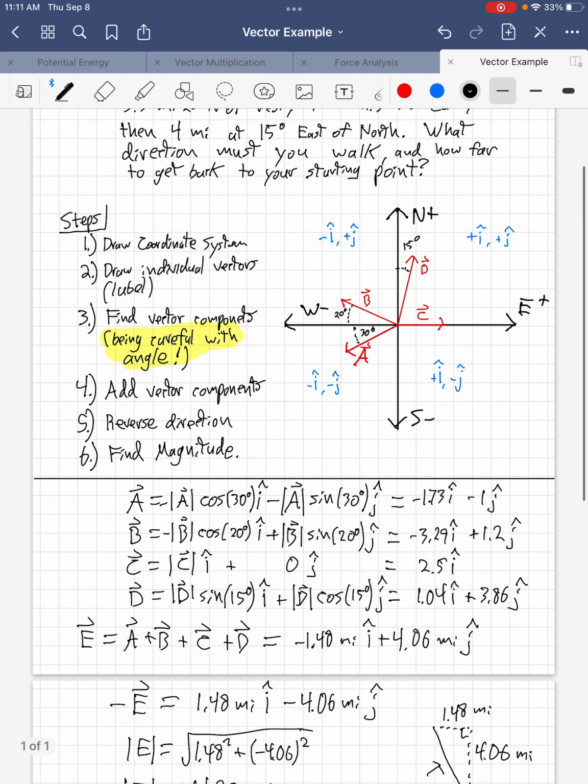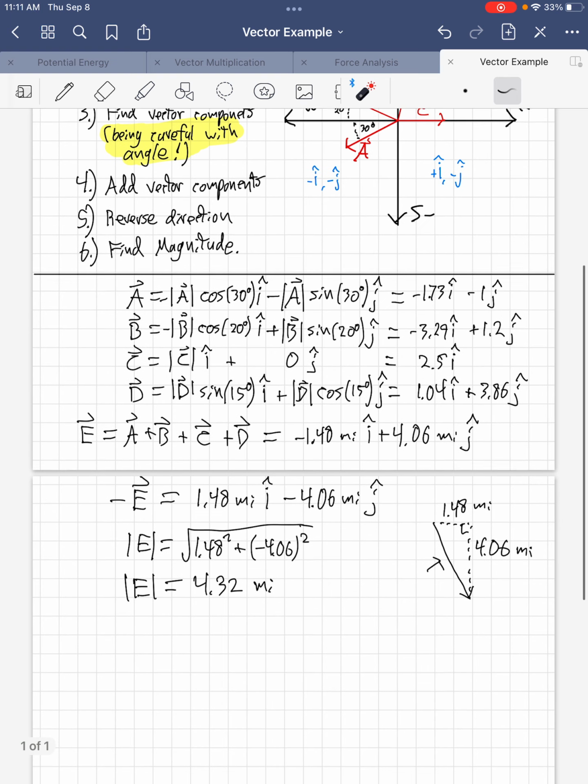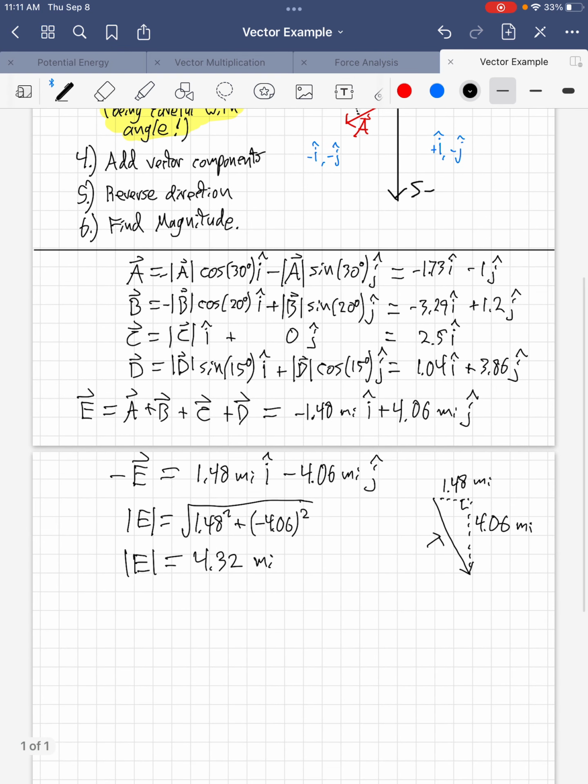So have we finished the question? Well, not quite yet, because it's asking what direction we need to walk. So we want to think about this triangle again. It's asking us what angle we are walking. So if we're here, what angle do we need to walk? What's that angle? Well, you can use tangent, right? Tangent is going to be opposite over adjacent. So tangent theta